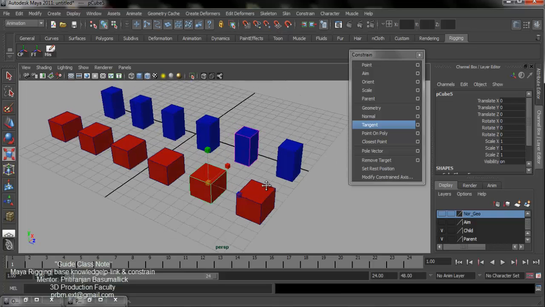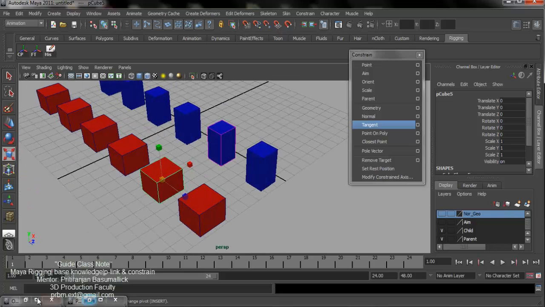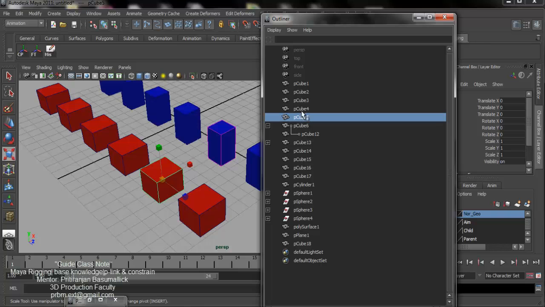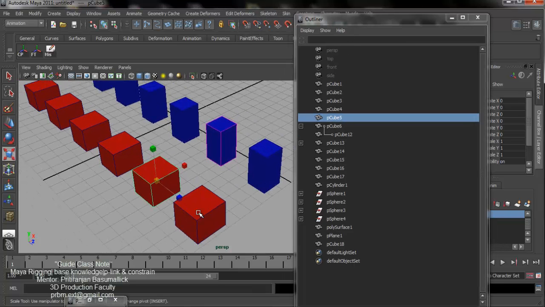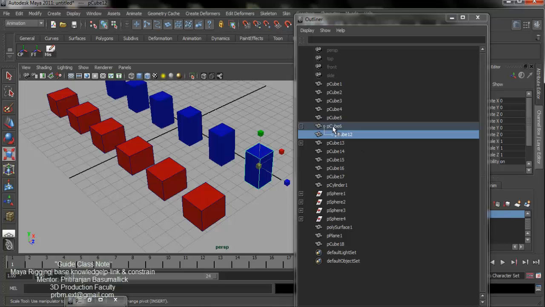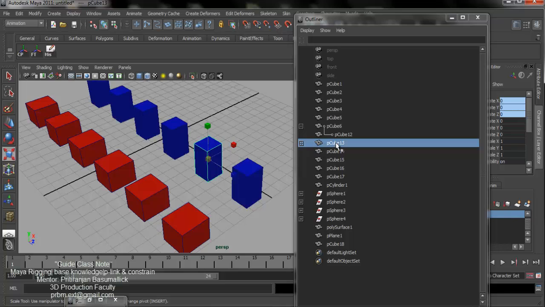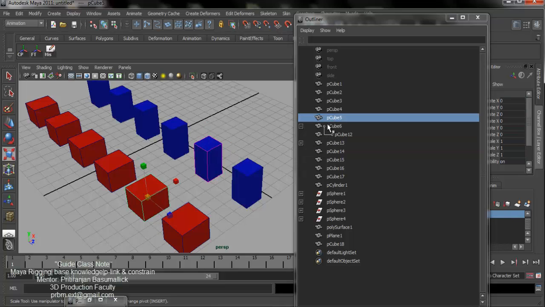What is the difference between point constraint and parent? The difference is, first we open the Outliner, and you see when we do the parent, the child object directly goes under the parent object, but in the constraint the child object does not go under the parent object.